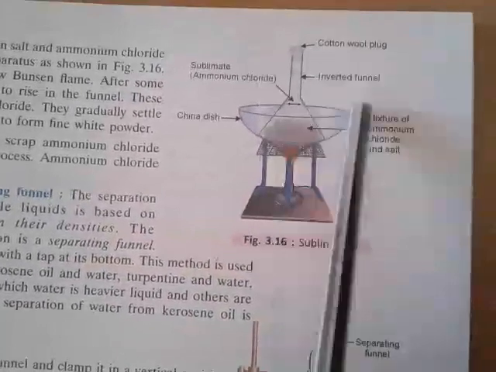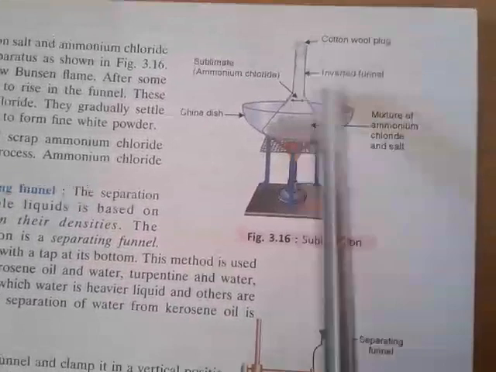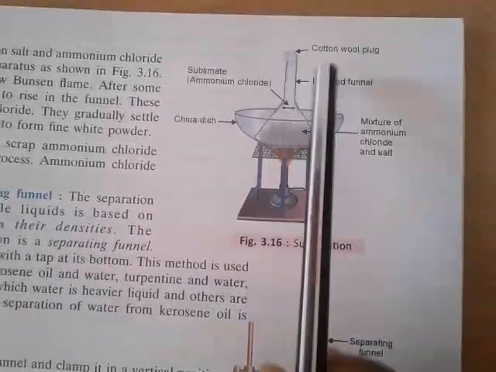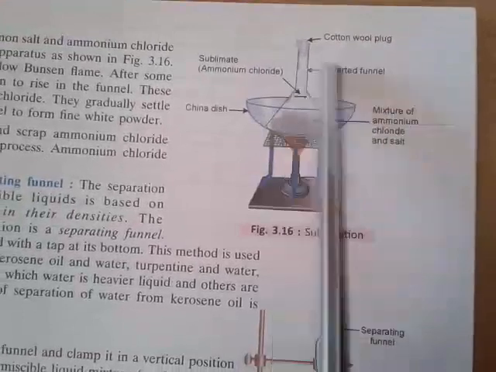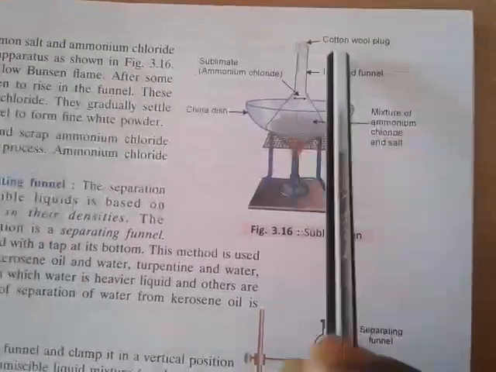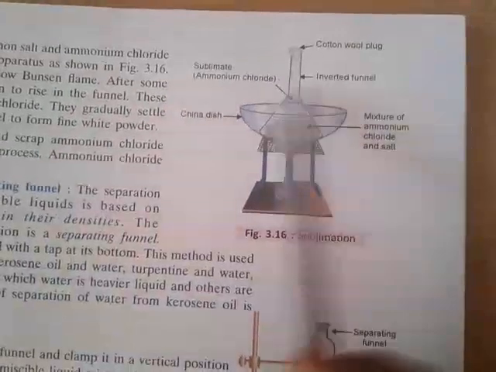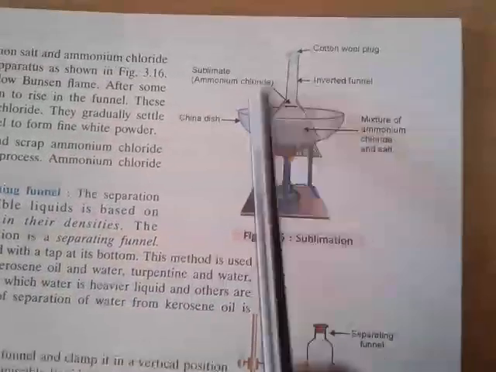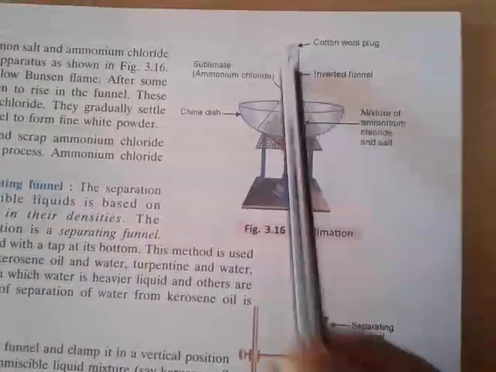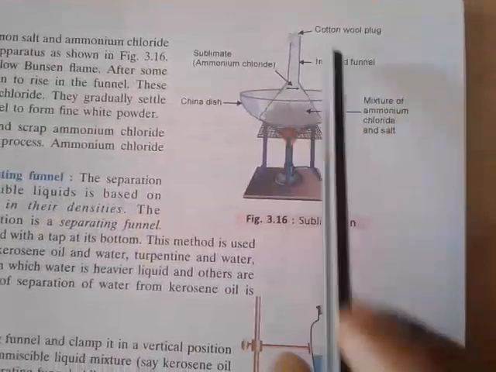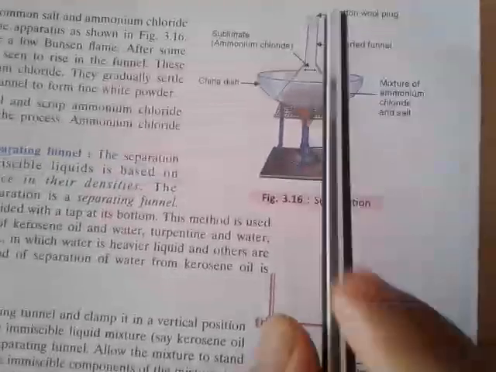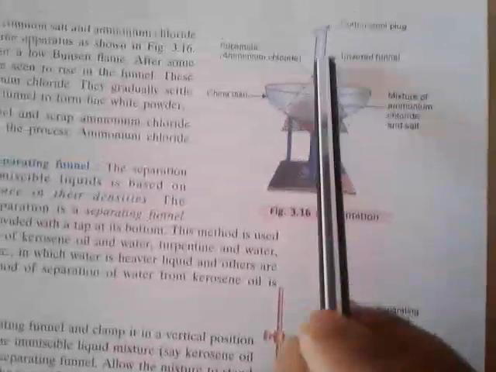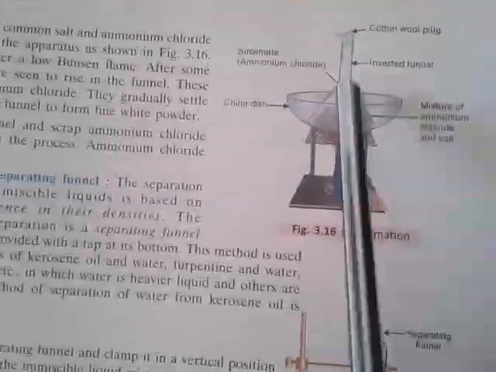Now when all the vapors have been deposited here, and the atmospheric chilled water comes close to this part, the whole gaseous part will be converted into liquid, and again converted into solid and deposited here. So the ammonium chloride is deposited on this part, and your salt will be here. So you can easily separate those things.